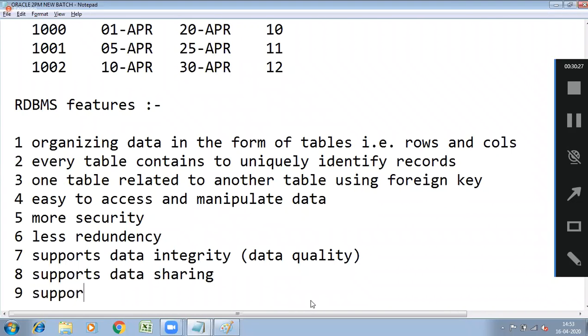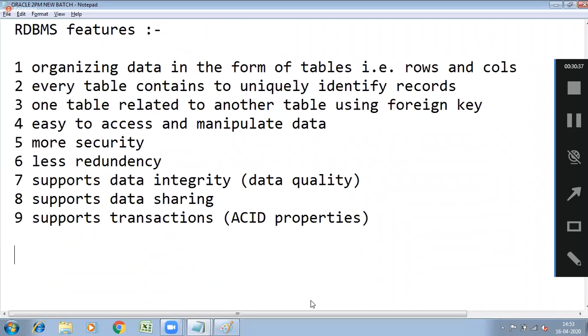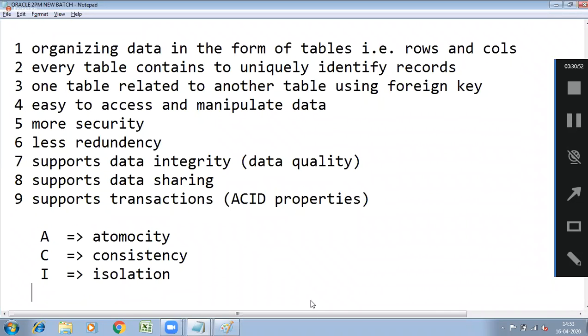Next, it supports transactions, which are called ACID properties. Supporting transactions means supporting ACID properties. A stands for Atomicity, C stands for Consistency, I stands for Isolation, D stands for Durability.